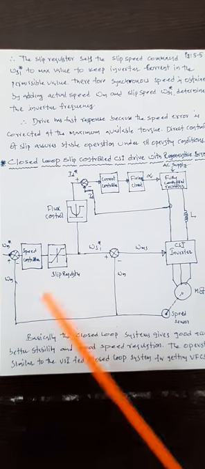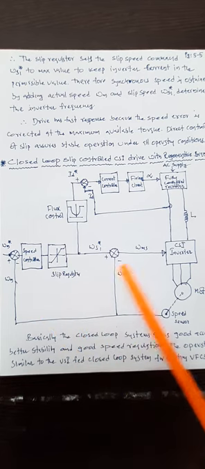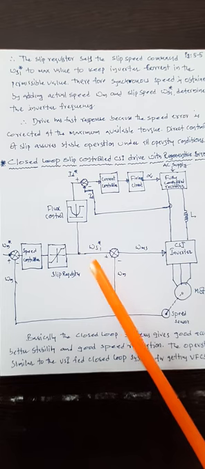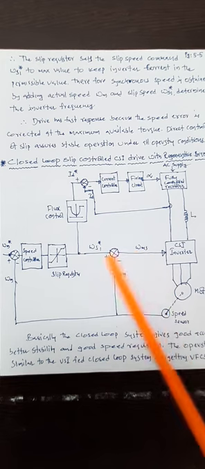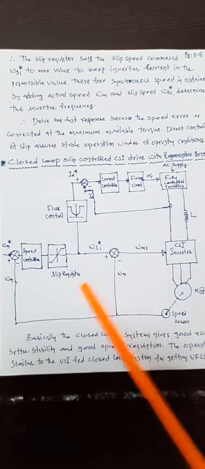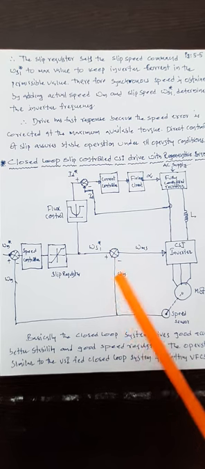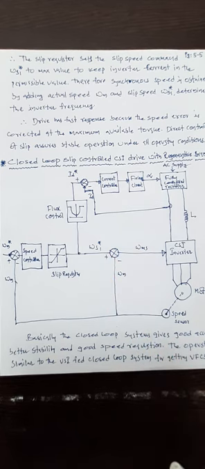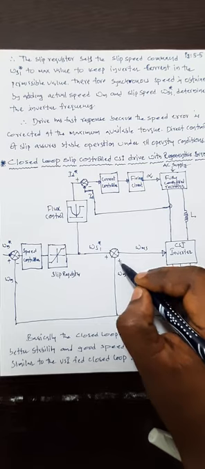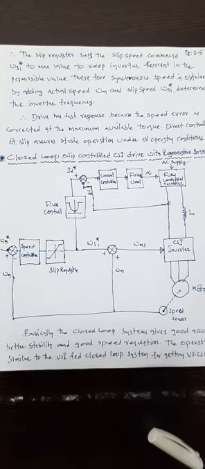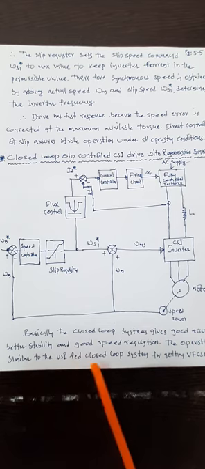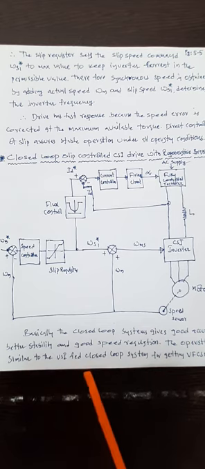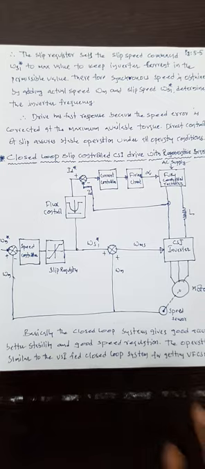Once it is processed through PI controllers, we obtain the frequency omega ms. Omega ms is 120 f by p, so it is directly proportional to frequency. That's why you are saying here, omega s1 star is the slip speed and this is the actual speed. Both are summed, so comparing these two gives the frequency of the inverter. Therefore, closed loop systems give good accuracy, better stability, and good speed regulation. The operation is similar to the VSI closed loop system for getting VFCS.